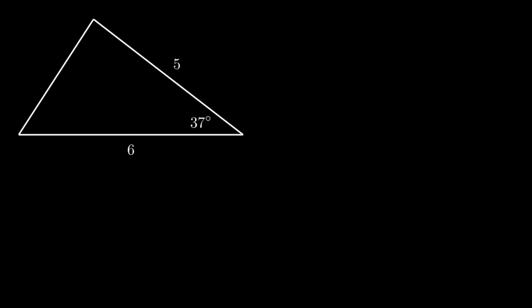Okay, in this video we'll be exploring a way to find the area of a triangle using some of the tools we've got in trigonometry. Now the calculation for the area of a triangle we're probably most familiar with is half times base times height. And we can clearly see that the base for this triangle is 6, so we can already put half times